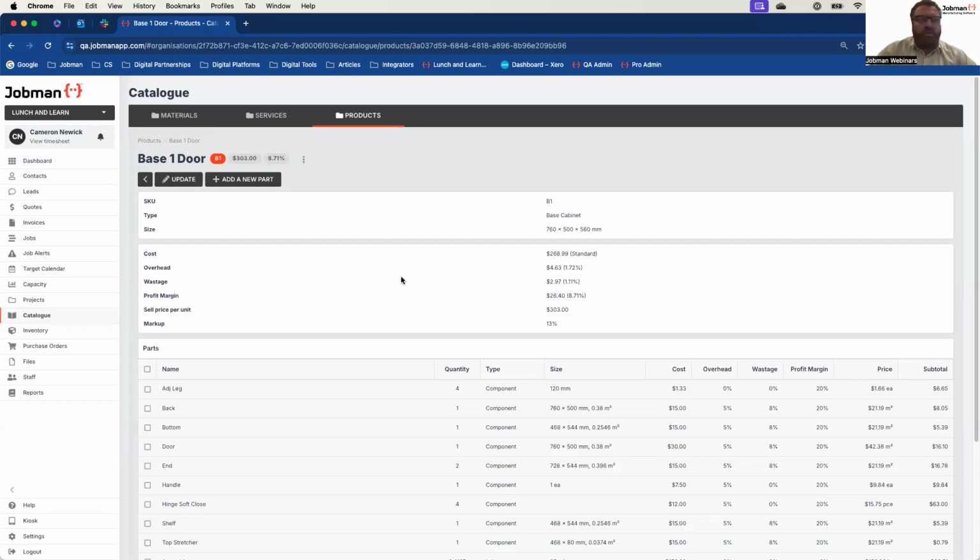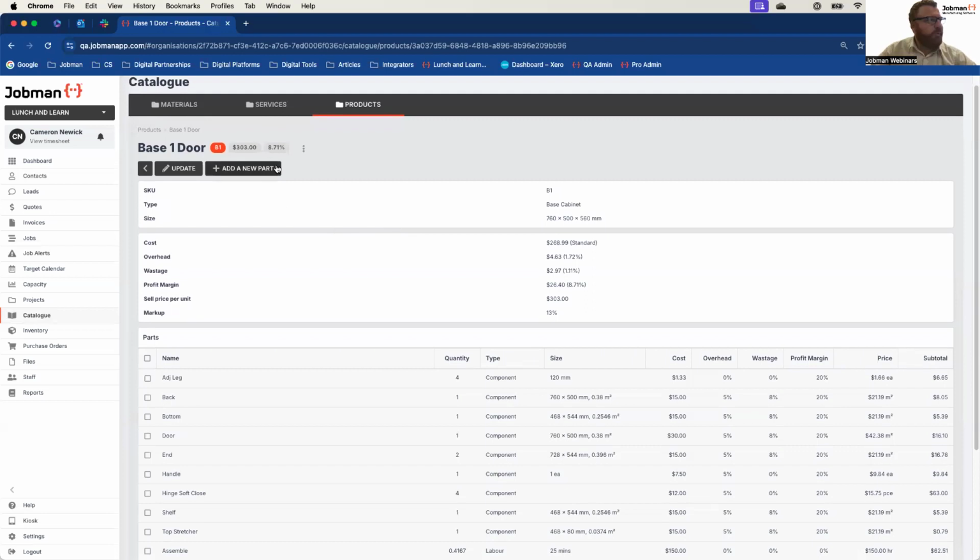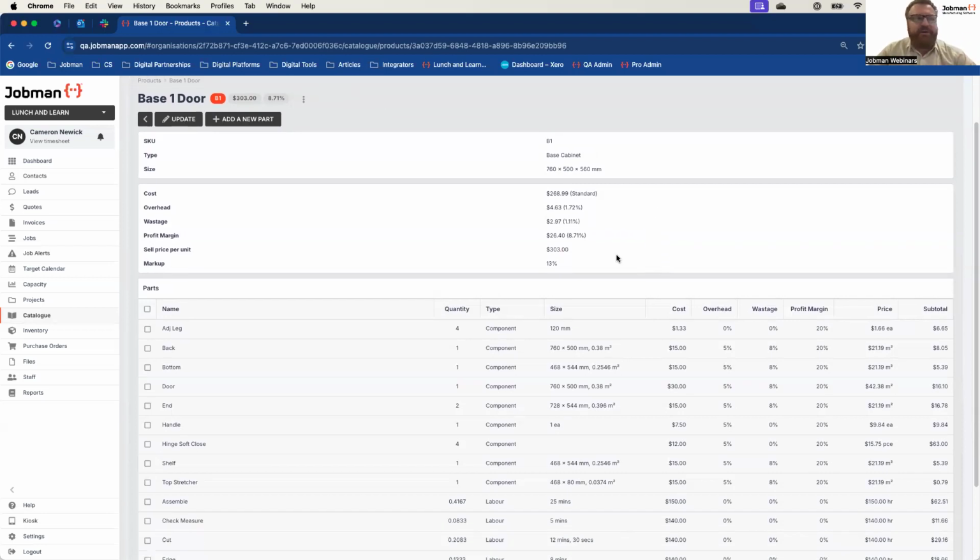And the best thing about them is once you've built a couple, they're very easy to duplicate and then tweak and change for slight differences. For example, and I'm going to use a kitchen example simply because it's the most straightforward example for most people to understand. We've all got kitchens and bathrooms and laundries and en-suites, even if you don't work in that manufacturing sector. When you look at it, you know what it is. You can see it. You can break it down. You can open it. It's got a door. You can see the hinges. It's got handles. Might have a shelf, it's got a carcass. All the parts then make sense. So converting that information to your industry becomes a lot easier.